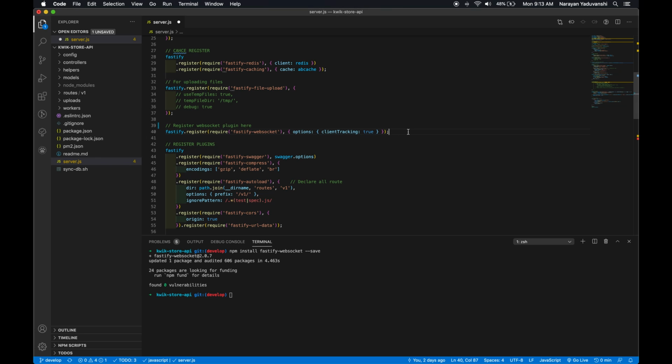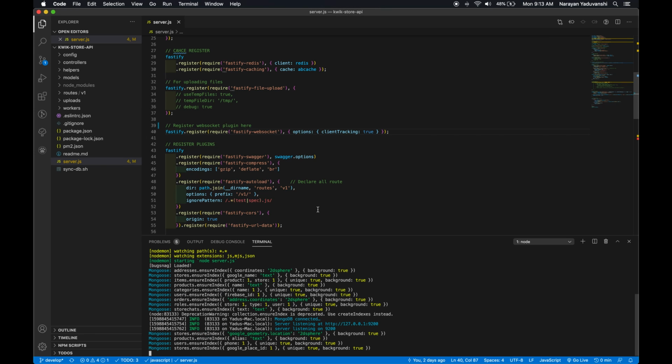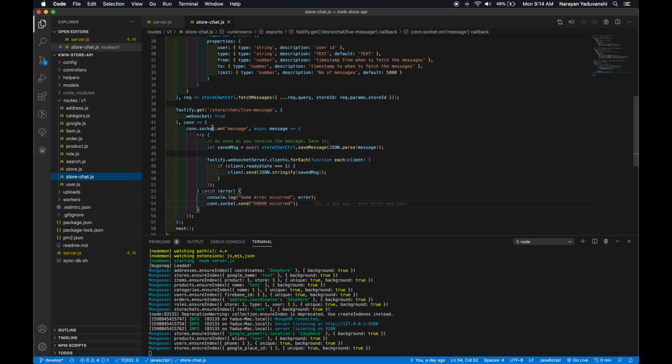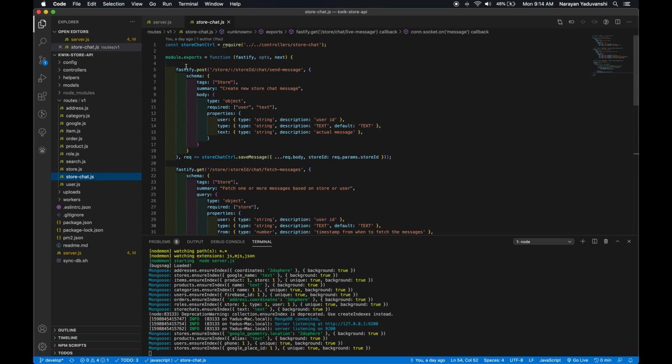Now once we have got this sorted, we are going to start our application backend, right? And I'm going to go to my routes, and there is something called store chat. What this application does is that we have three methods here.